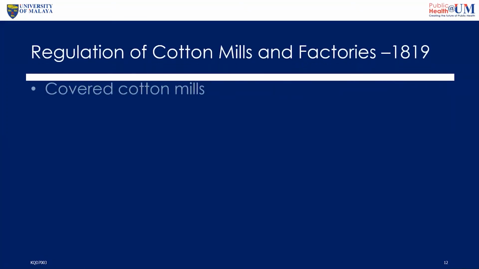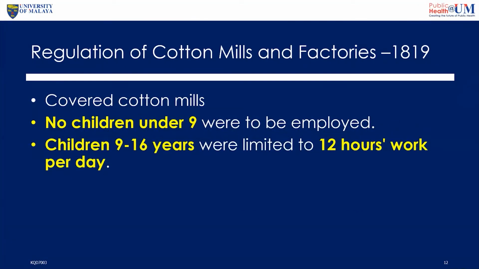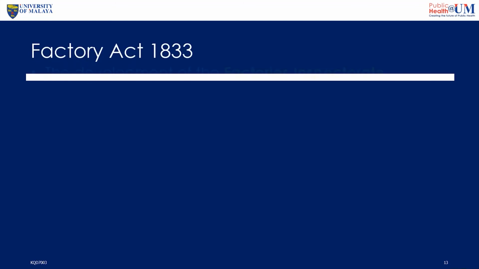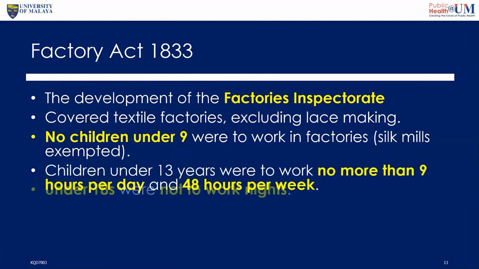So that changes, they come up with another regulation of cotton mills and factories. No children under 9 were employed. Children 9 to 16 were limited to 12 hours of work per day. All right. So this is the regulation developed and basically getting better, because of more information they collected and more